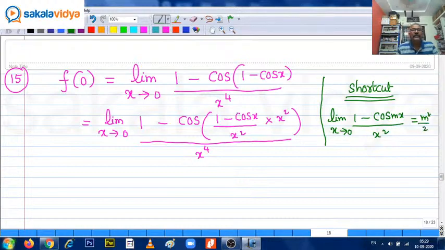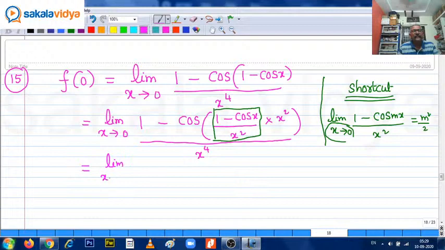So apply the limit for this part, (1 minus cos x) by x squared, as x tends to 0. Here the x coefficient is 1, so 1 squared by 2, that is 1 by 2. Now this problem can be rewritten as